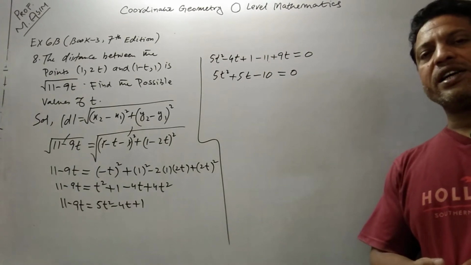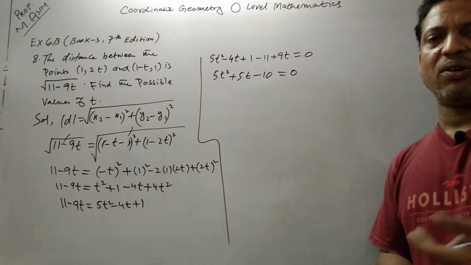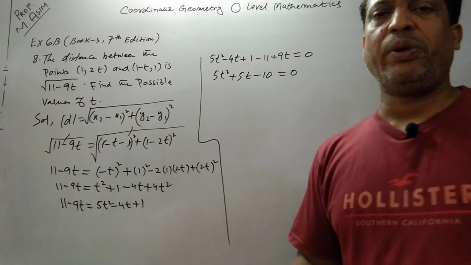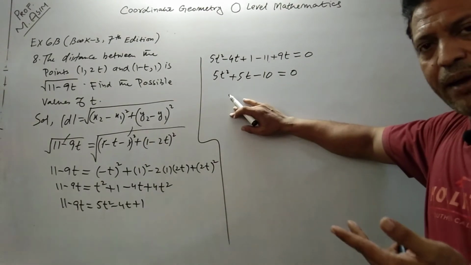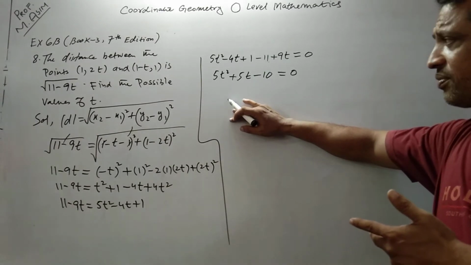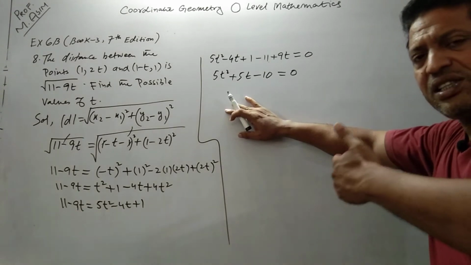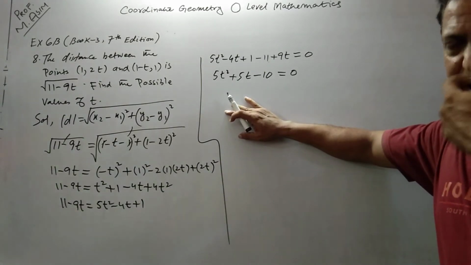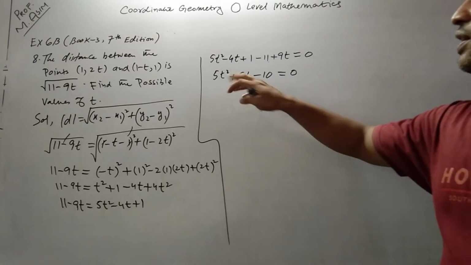This is a quadratic equation. We can solve a quadratic equation by using any method of factorization, method of completing the square, or the quadratic formula. But before I apply any method to solve this quadratic equation, if we reduce this equation to a more simplified form, it will be very easy to apply any method. How to reduce? See carefully.